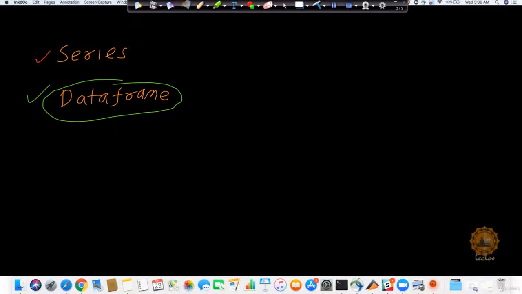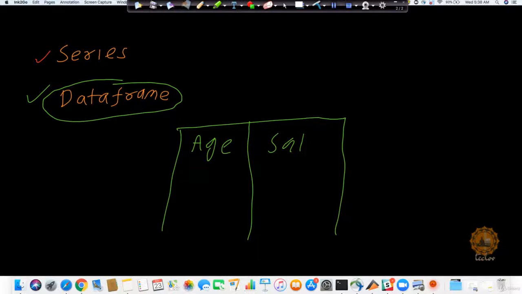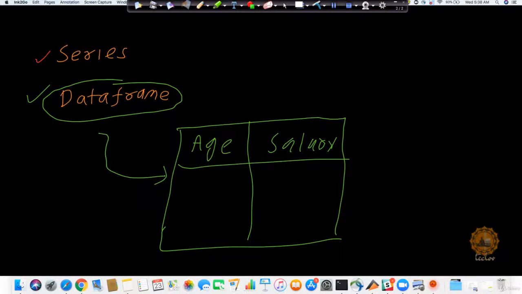Now you can think of this data frame and series in this manner. When I say a table, like the example I took last time with age and salary, this table representation that you are seeing, you can think of it like a data frame.